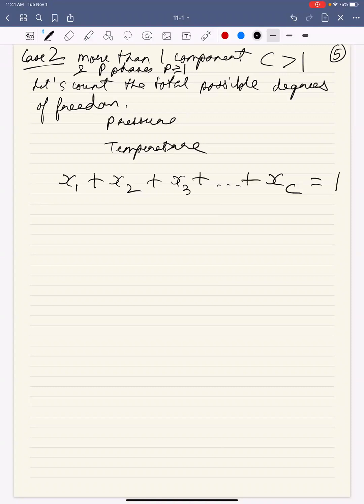This has to sum up to equal to 1, right? So you have C minus 1 degree of freedom due to